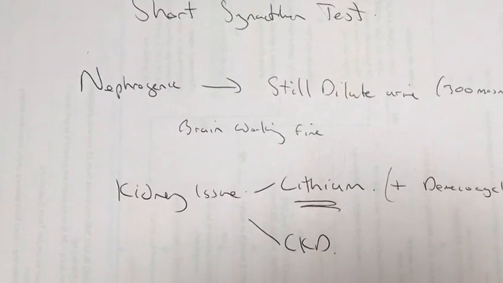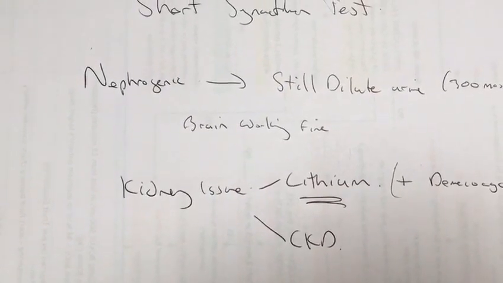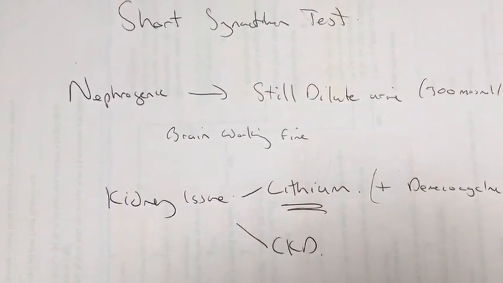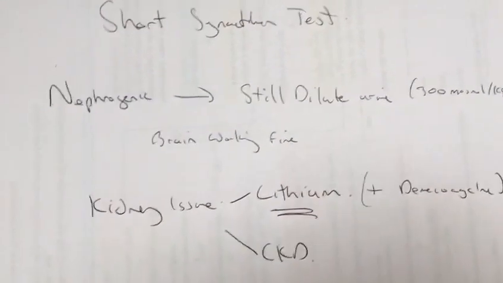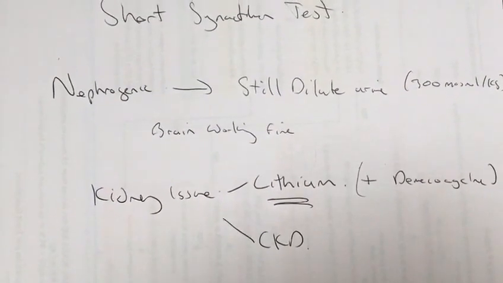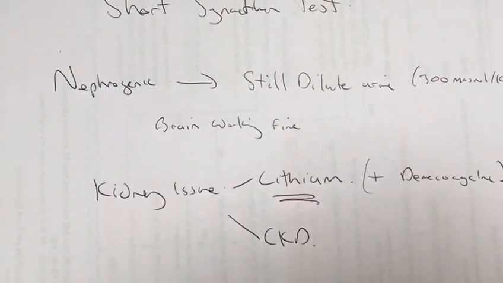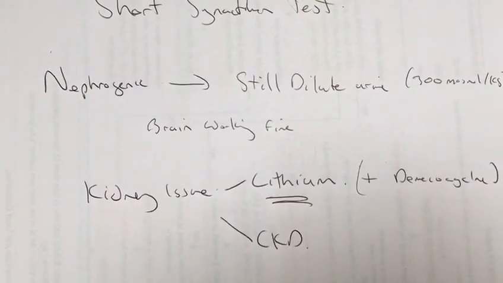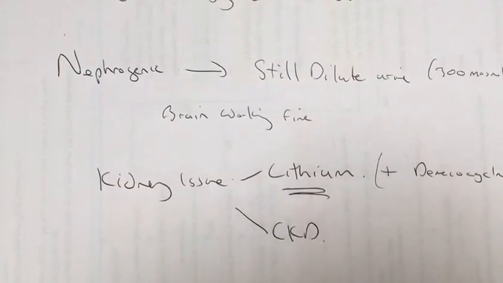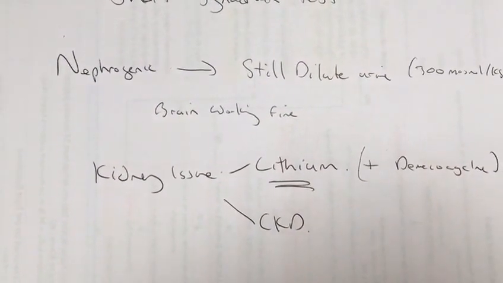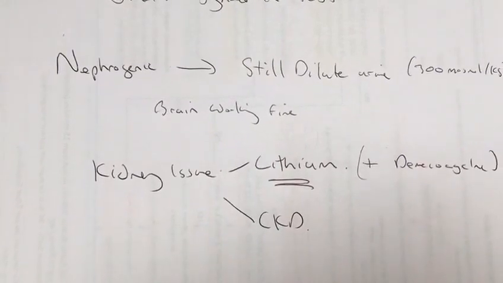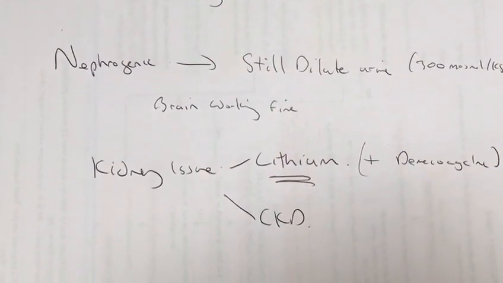test is given, it's not a problem because the brain is already producing this ADH, and the kidneys are still not working. So after the test, you'll still be producing dilute urine. So the brain's working fine. So it is a kidney issue, and the main ones for multiple choice questions I've found anyway, that the kidney